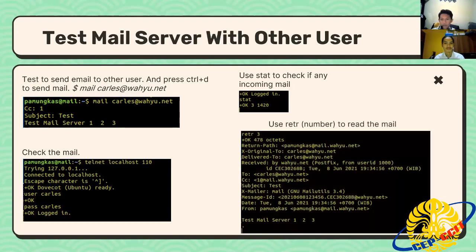After that, we use retr, retr number 3, to look at the incoming mail from another user. And this is the example. The user was sending to Charles from Pamungkas.